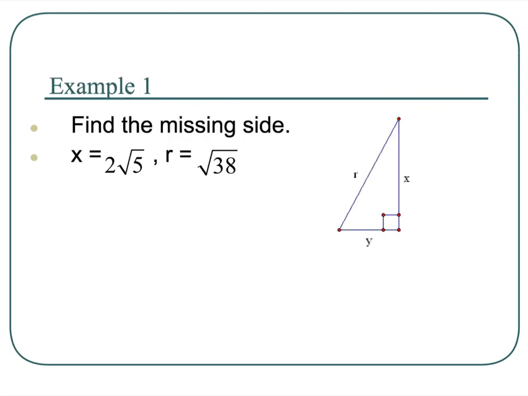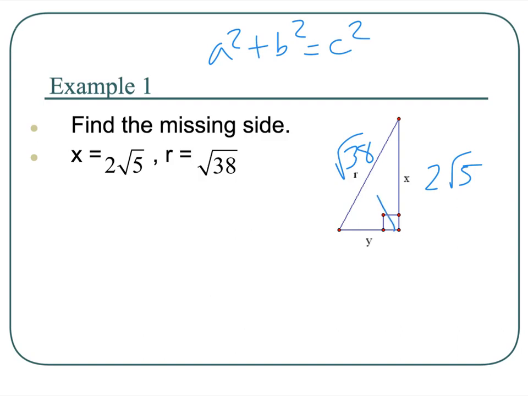All right, we're going to find some missing sides. I know that r is root 38. I know that x is 2 root 5, and then we want to find out what y is. Well, remember, it's a squared plus b squared equals c squared. Well, what's my c in this case? That's the one that's across from the right angle, right? So that's going to be my c squared, so root 38 squared. My a and b does not matter which one's which, so I'll just do 2 root 5 squared plus y